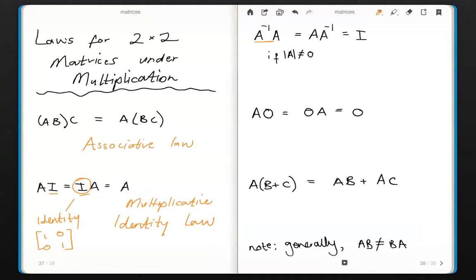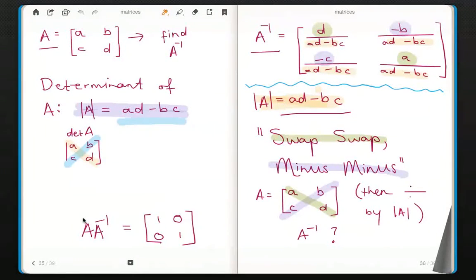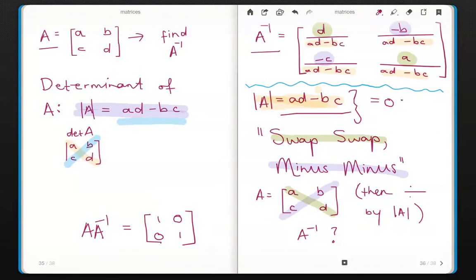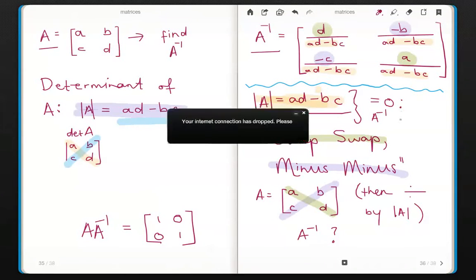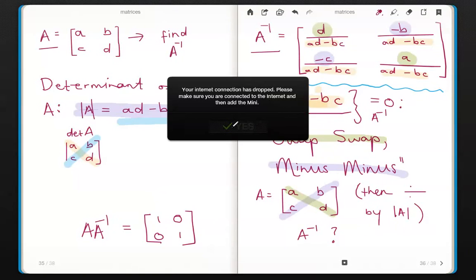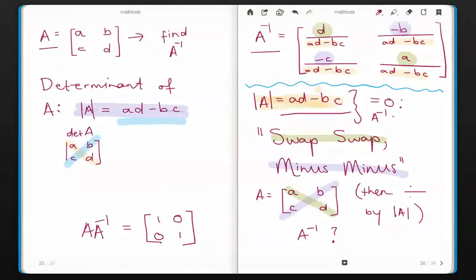So A to the minus 1, the inverse of A, times A is equal to A times its inverse, which is equal to our identity matrix. Now, this is only true if the determinant of A is not equal to 0. So if we come back, if this determinant is equal to 0, A to the minus 1 cannot exist,